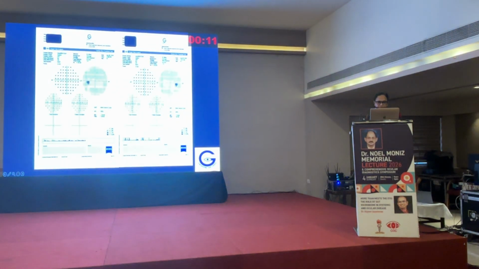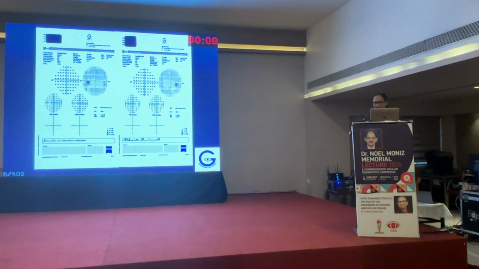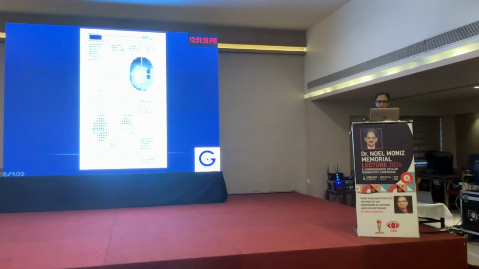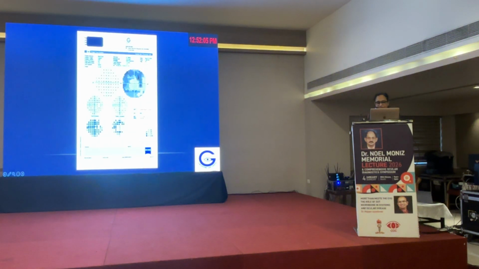So this is a normal visual field where all the parameters are within normal limits. So this is a case where the other parameters are normal, and the total deviation and the pattern deviation are abnormal. There is generalized depression with a localized scotoma. This might be an early glaucoma. Here there is a superior arcuate defect in the moderate stage. In the severe stage there is a biarcuate defect.